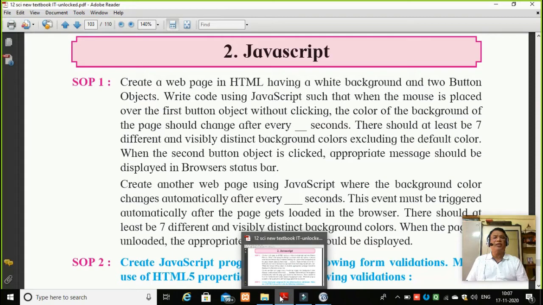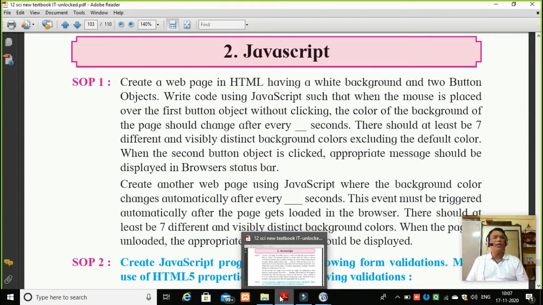When the page is unloaded, you must get a message. So we are going to put an alert message when the page gets unloaded. When I leave the page, when I click the close button of my page window loaded in a browser, it should display this message, because when I click the close button, that is the cross mark on my browser, it closes the page from the memory or from the window.